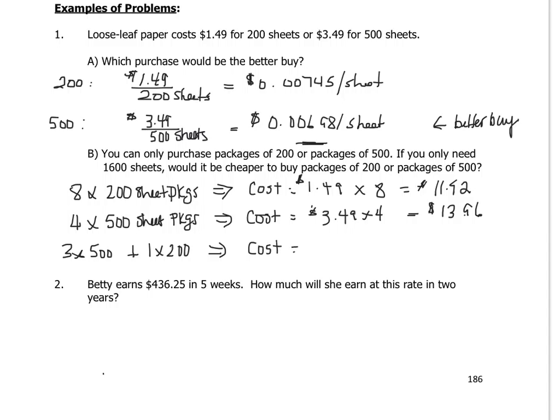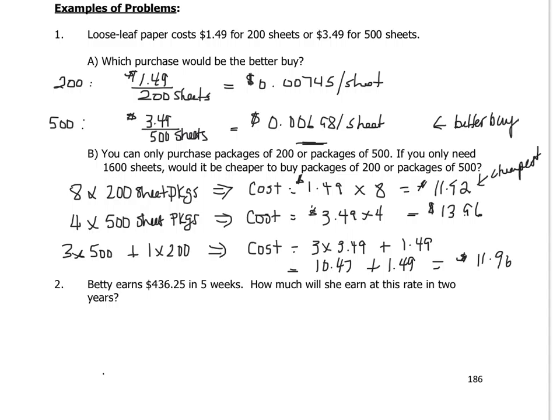So we'd have 3 times $3.49 plus $1.49 for the 200 sheet package. So 3 times $3.49 will give you $10.47 plus $1.49, which is $11.96. So if you're looking at just cost, this one would be the cheapest, but you